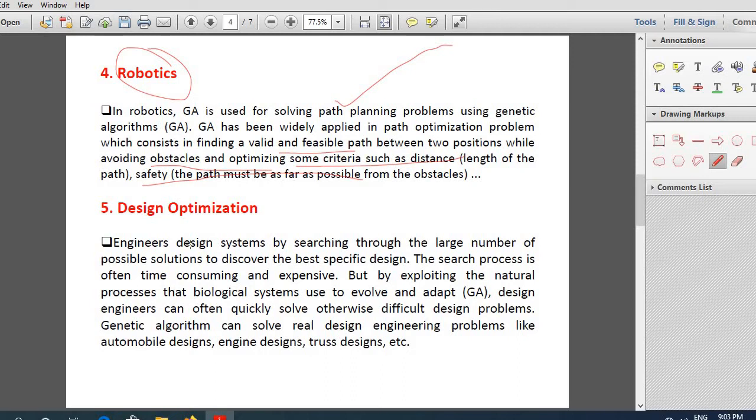Now GA also finds applications in design optimization. For example, engineering designs, automobile design. You know that for design of a new automobile, so many factors need to be taken into consideration, like where to optimally place the fuel tank, where to optimally place other things in a car. There may be various inputs to the design and various ways in which each component can be placed in a car. So it is again a very big search space, and finding the best combination of placing the components in a car can be taken as an optimization problem which can be solved using GA.